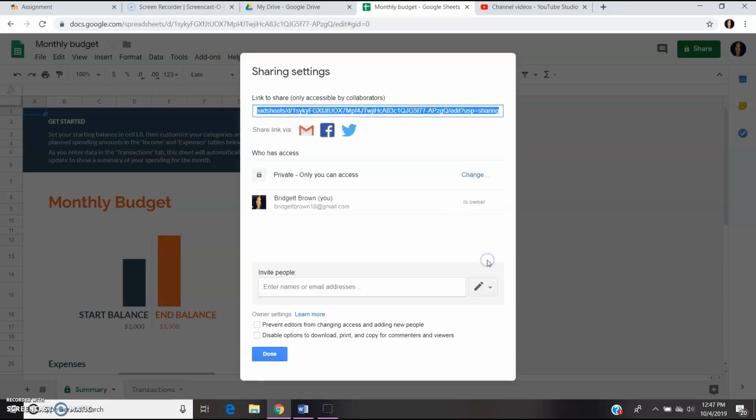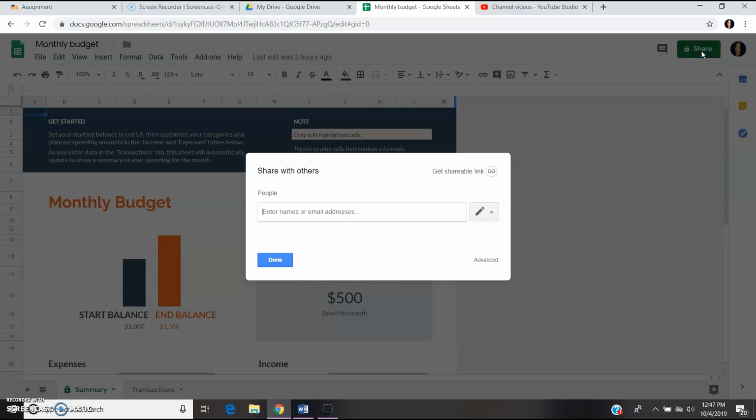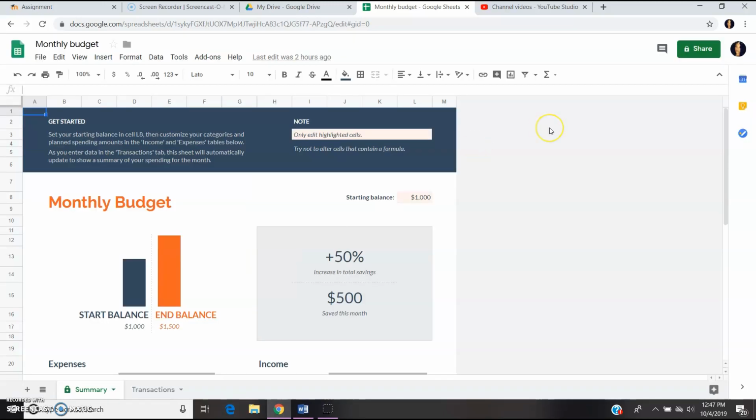You can also click on advanced, and it has more options and stuff for you. So let's go back to share. Under this pencil, you can choose what you want the person that you're sending it to be able to do. So if you want them to edit, if you want them just to comment, and if you want them to just view it, then you'll just click whatever you want them to do. And then you press send and done, and it'll send to them, and they can comment, view, or edit whatever they want on your budget,